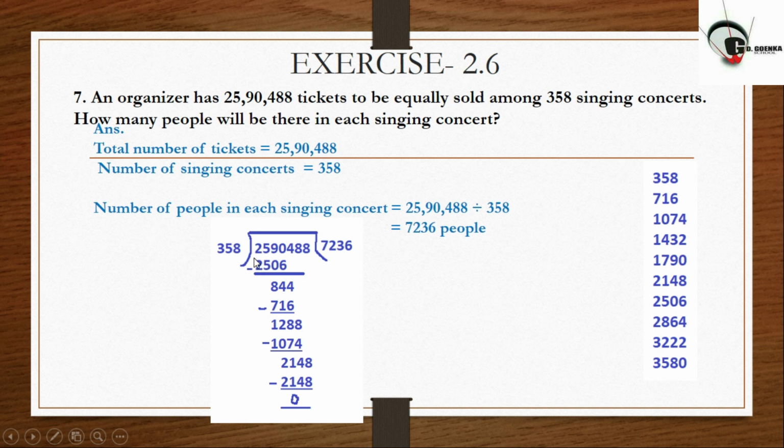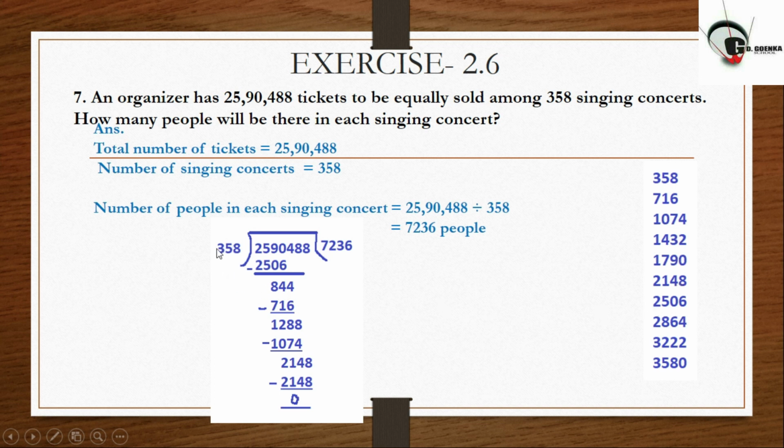First of all we need to check the number of digits in this. It is 358, 3 digits. So here also I can check 3 digits, but the 3 digits are smaller than this number. That means I need to consider these 4 digits, it is 2590. So I need to pick the number from this table which is just before this number, that means the number nearest to this, but should be the smallest nearest. So it will be this, and it is at which place? 1 2 3 4 5 6 7, seventh place.